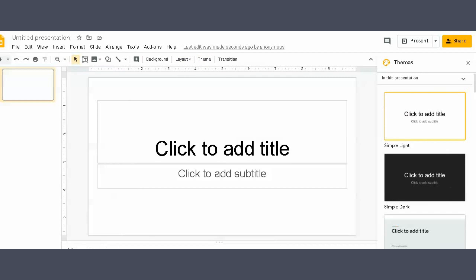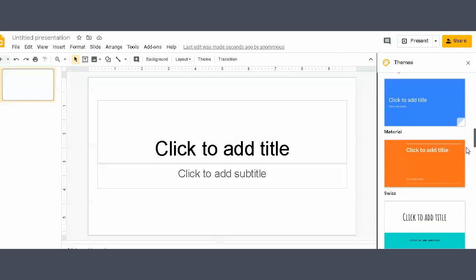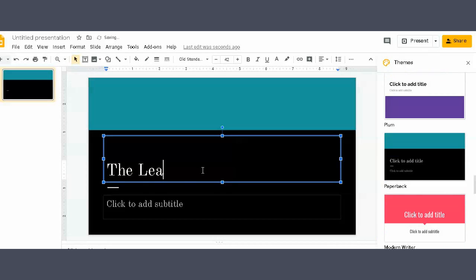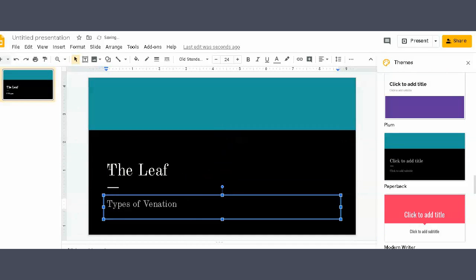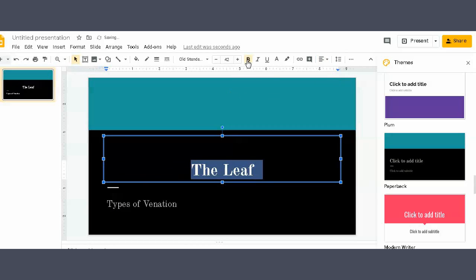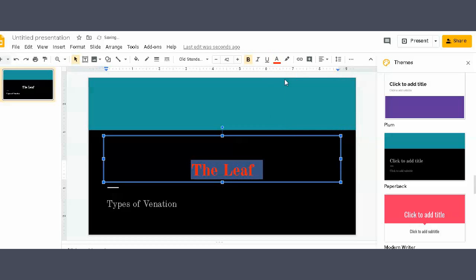Let me select a theme right now, because most of the time we have paucity of time. So if we get a prepared material here which Google has already done, it's better to select a theme from here, and let me choose this. So I'm gonna post some slides regarding the leaf, and it is about the types of venation. So let's see how can I do this. I've chosen this ready-made theme, and you can design it like you do on your PowerPoints on Microsoft PowerPoint.